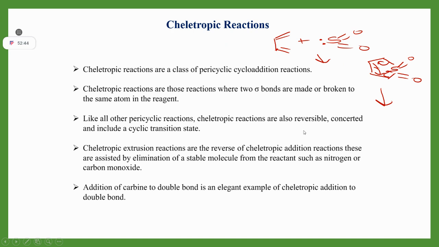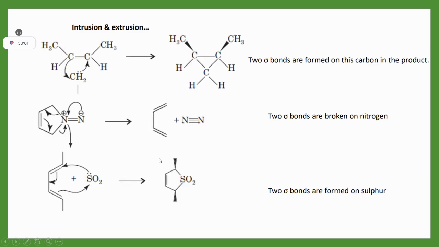These are also reversible and belong to cyclic transition state. These reactions include extrusion of some stable molecules such as SO2, CO2, CO. Moreover, these reactions are involved in increasing the entropy of the reaction, right? So these are some examples of your cheletropic reactions. So in the first case, how many electrons are involved? Two electrons of pi bond and two of your this carbene unit. So basically, this is also an example for your cheletropic reactions.